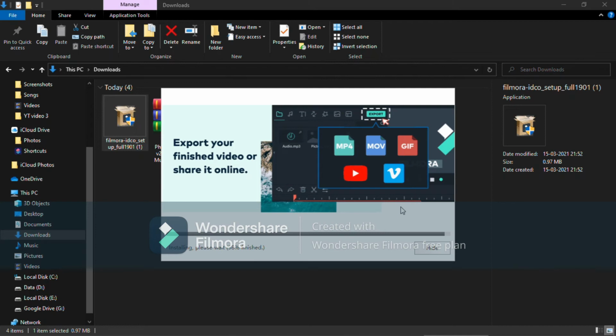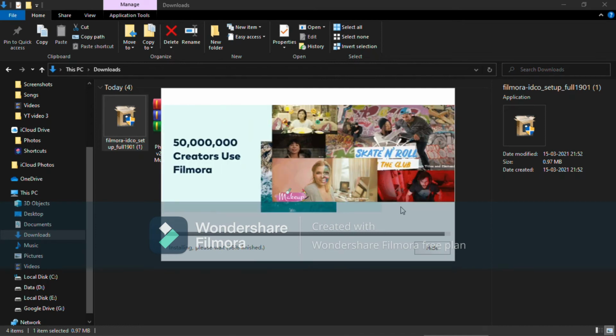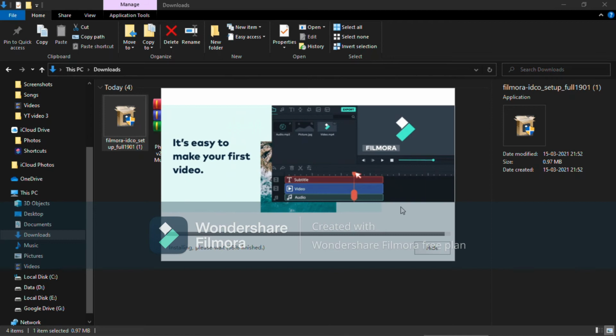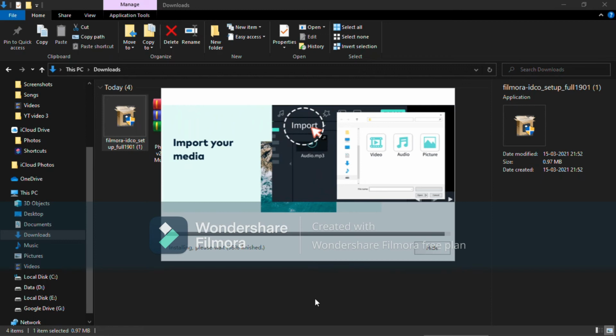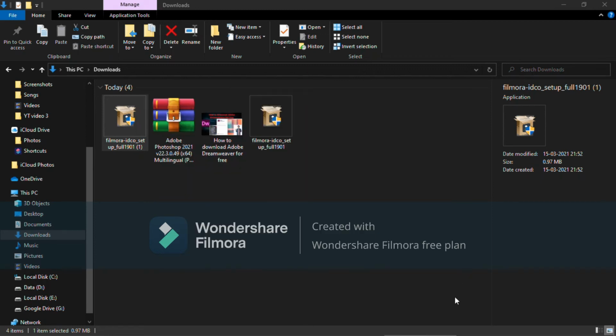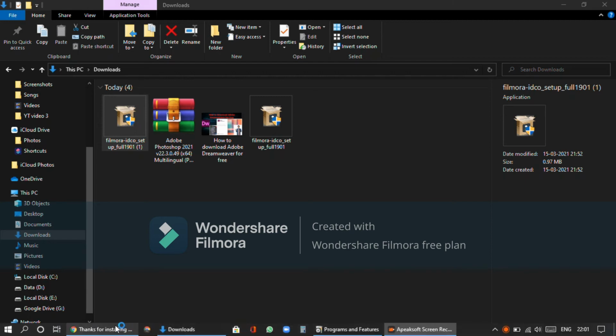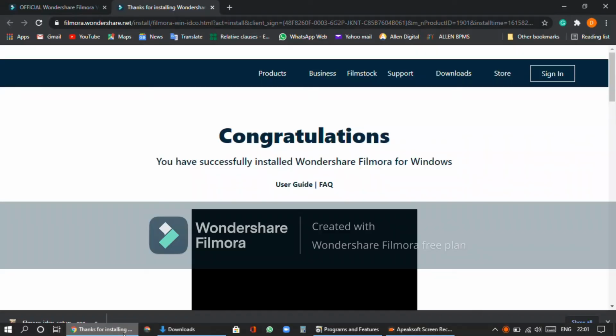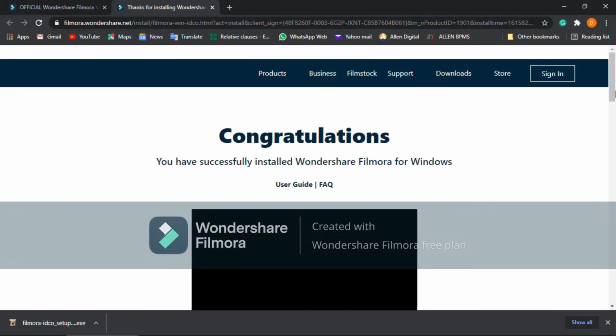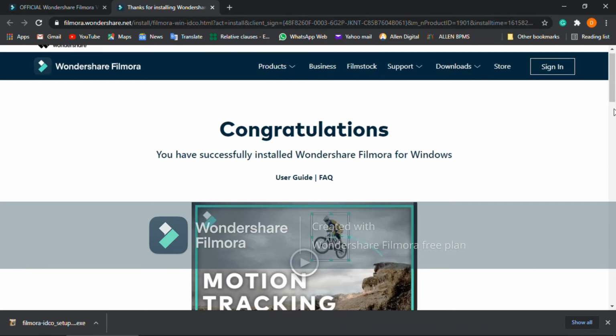As you can see that 98% has been finished, and it would get finished in a short period of time. So if it does not finish, I am skipping this part. As the installation completes, your default browser, which would be either Google Chrome if you have changed the browser, or Microsoft Edge, will open automatically, and it would show thanks for downloading. So there is no need for this, so I am closing this.